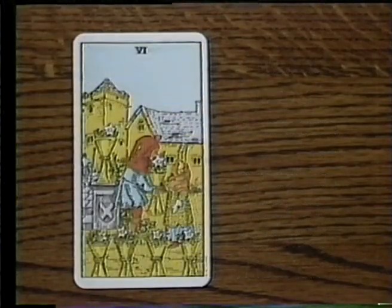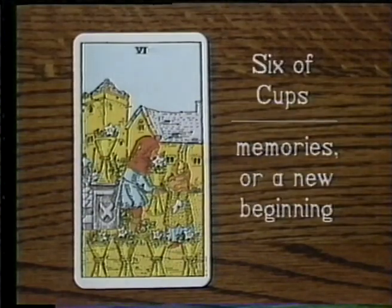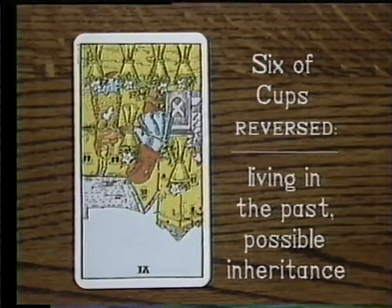The Six of Cups shows a boy offering a cup of flowers to a young girl standing in front of her family home. The representation is of the past and childhood memories, but it may indicate a new beginning. In the reverse position, there is an indication of too much clinging to the past, but there is also the